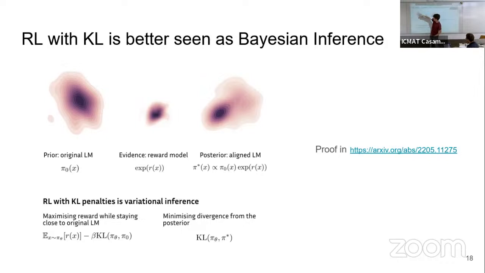So maybe our original model generates a lot of samples in this area, and we want to steer the behavior to a particular area. So what is our likelihood? Our likelihood is going to be like the reward model. This is like an energy-based model. We have the rewards and then we just normalize. So instead of all this space, we just want to focus here because it's the area of positive reviews or the area of safety.